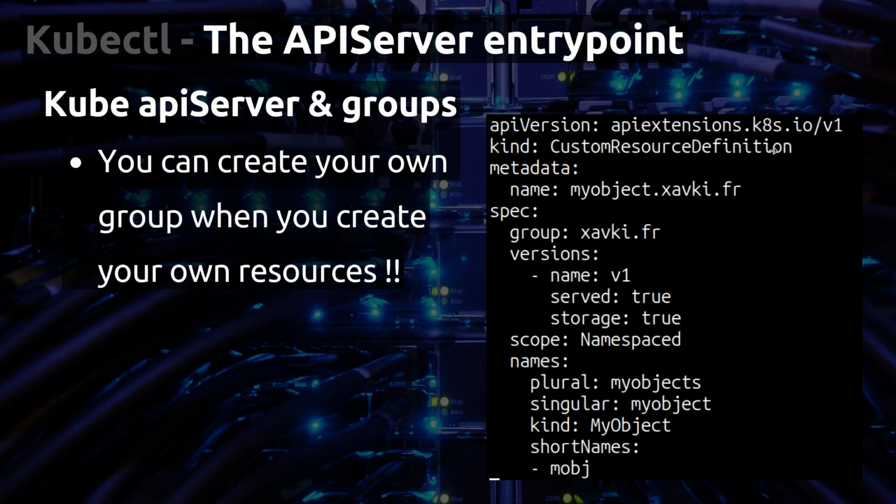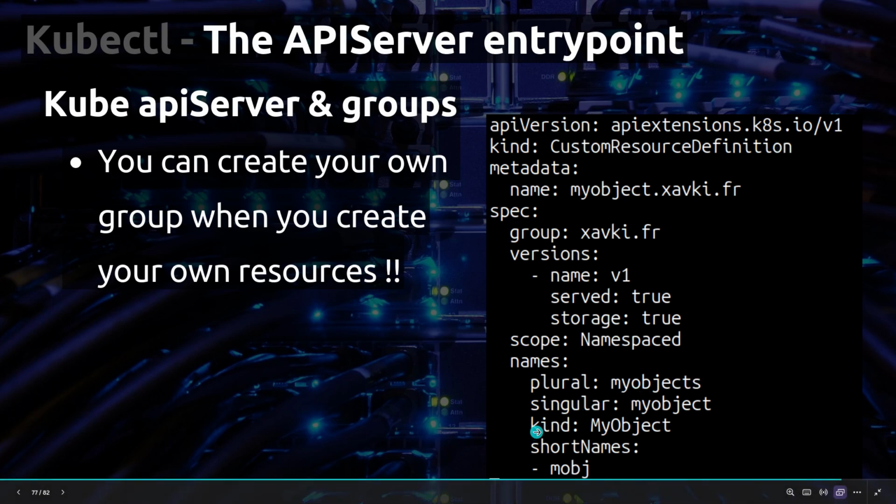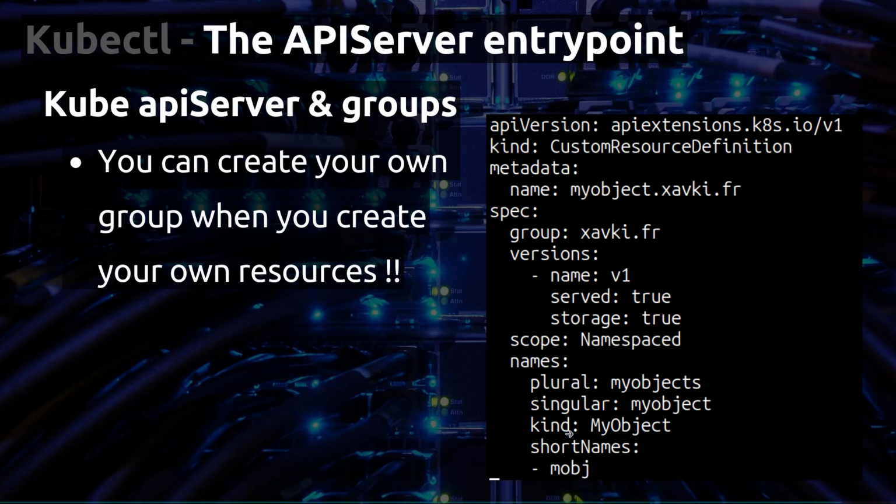A custom resource definition is like creating our own resource. For example, here we can see that we create a kind named my object.